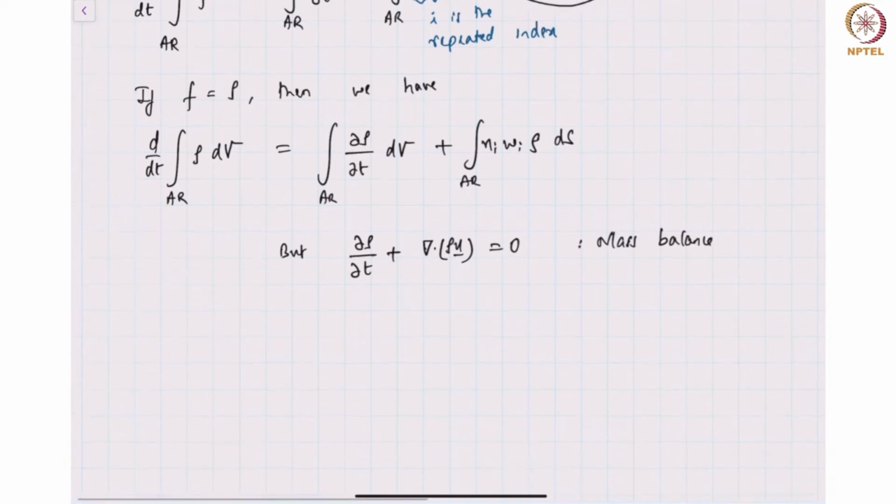Again, let me reiterate, I'm expecting that all of you are familiar with these equations in some form. And I'm applying these equations to derive the boundary conditions at a moving interface or a moving boundary. Okay. So if I substitute this, now from the mass balance equation, I have the partial derivative of density with respect to time. I can just substitute it here. So what do I have is